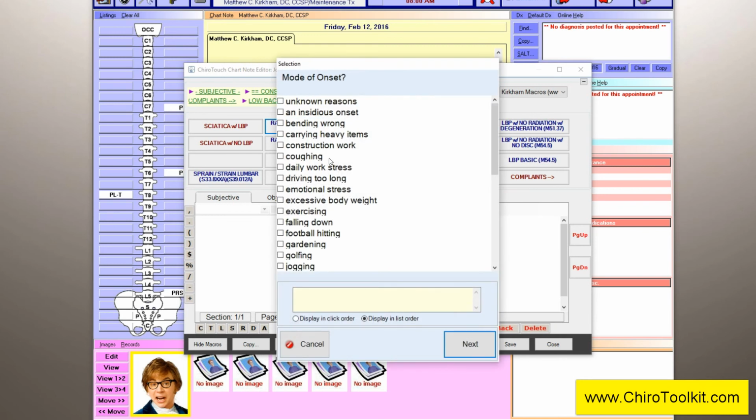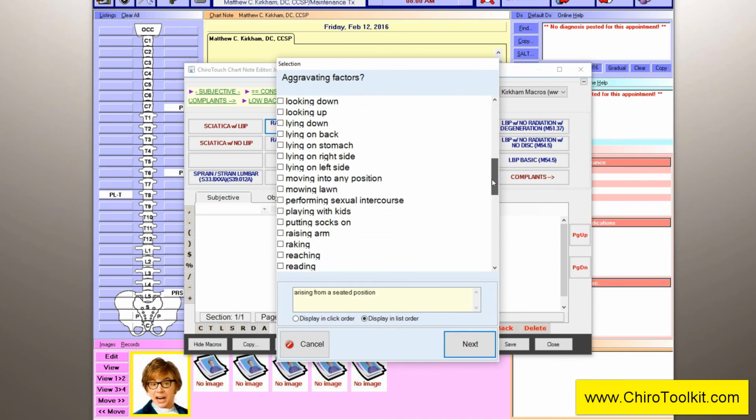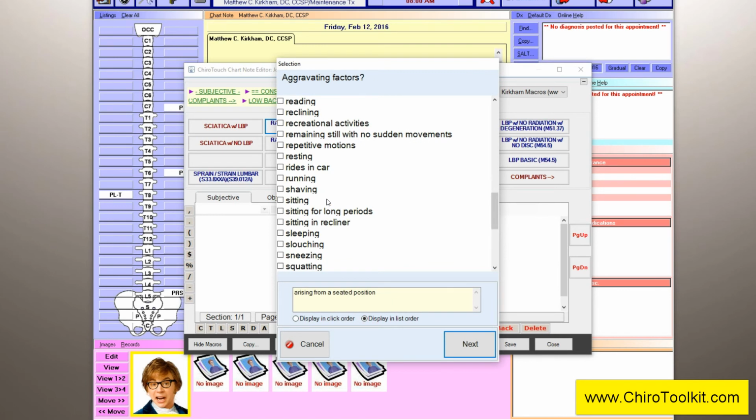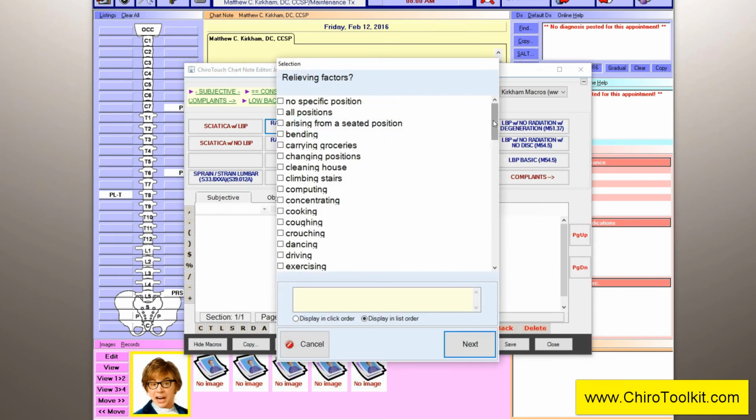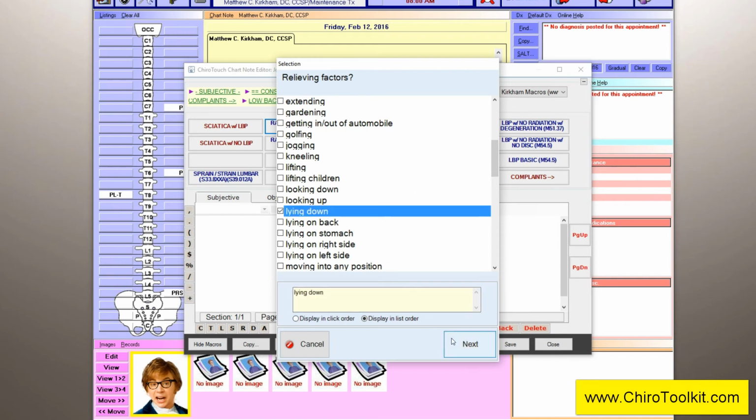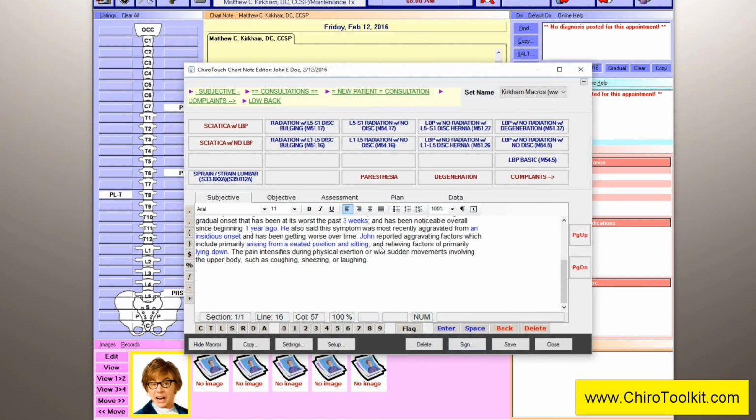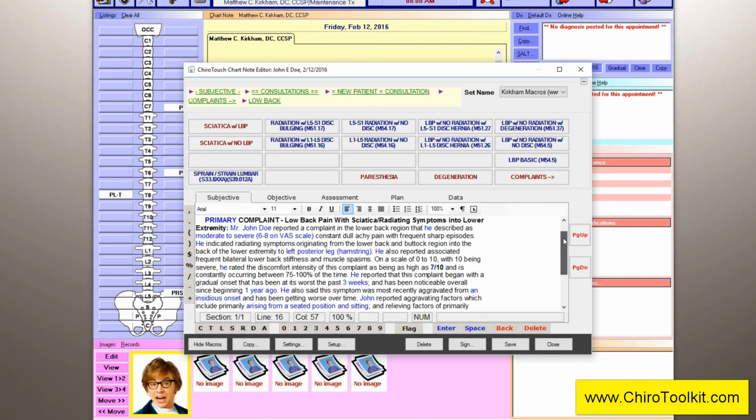And what brought it on? Let's say they really don't know, kind of an insidious onset. What hurts it? Maybe arising from seated, and also, of course, probably sitting. What relieves it? Let's say laying down. And there you go. So that just put in that particular